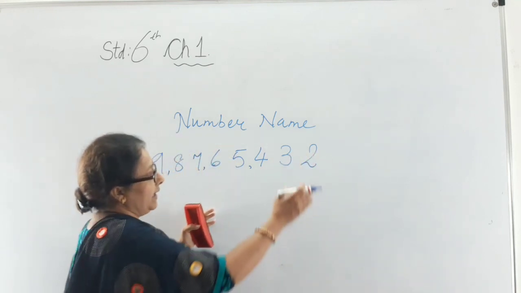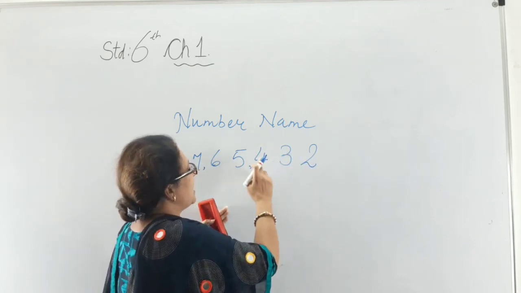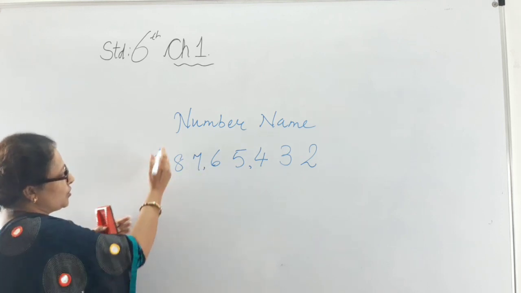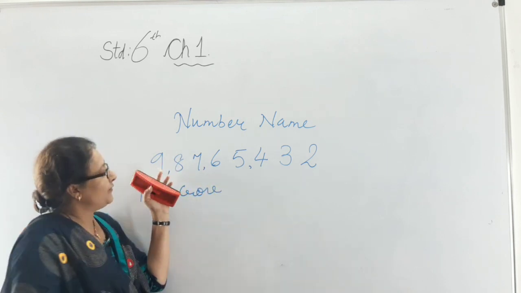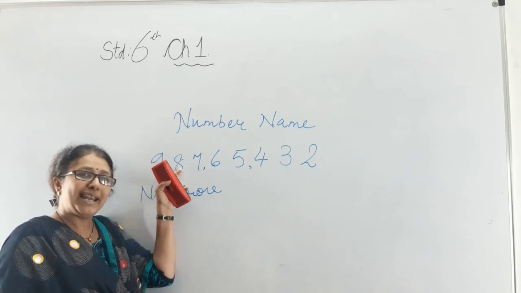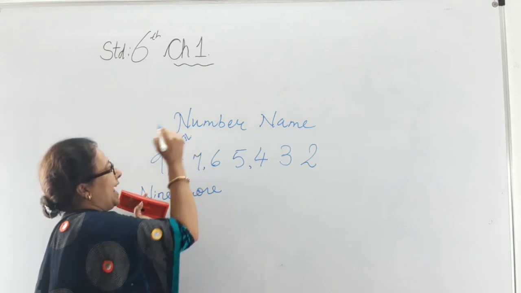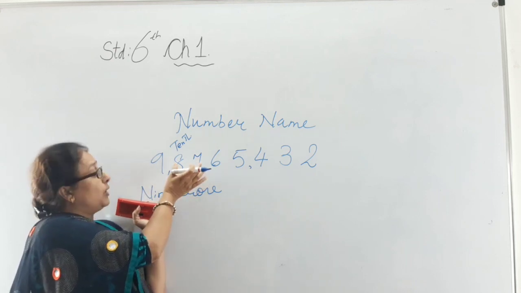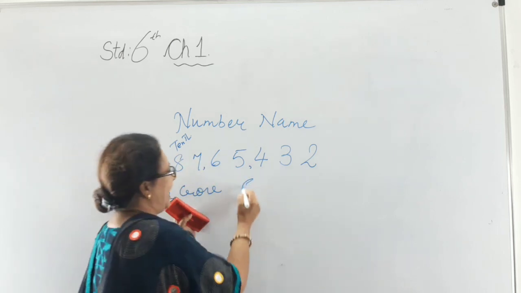So now I will read it. Now we'll find out the place. Ones, tens, 100, 1000, 10,000, lakh, 10 lakh, crore. So this will become 9 crore. Now 9 is in the crore position, so the next digit 8 is in the place of 10 lakh. So this is 80 lakh. But as 7 is together with it, because we have taken both the numbers together, it becomes 87 lakh.